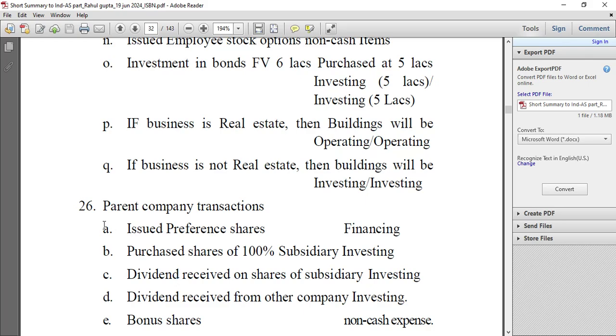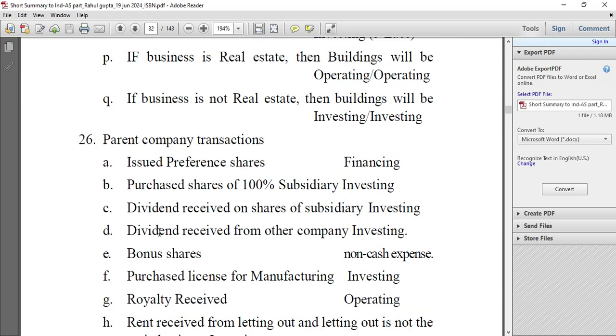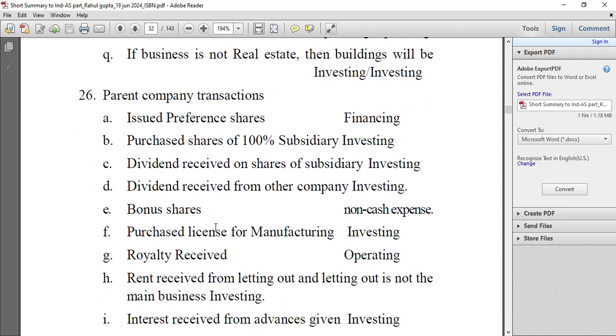Parent company transactions: issued preference shares, financing activities. Purchase shares of 100% subsidiary, investing activities. Dividend received on shares of subsidiary, investing activities. Dividend received from other company, investing activities. Bonus shares, non-cash expense. Purchased license for manufacturing, investing